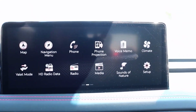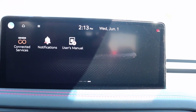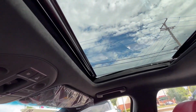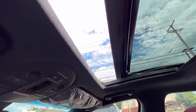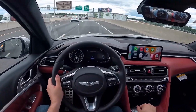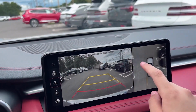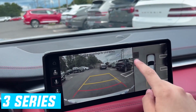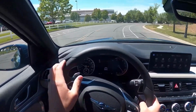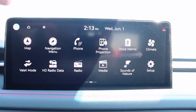Every G70 is fitted with a standard 10.3-inch touchscreen infotainment system that protrudes from the otherwise clean dashboard. The setup includes desirable features such as built-in sat-nav, Bluetooth, Apple CarPlay, and Android Auto capability. The screen isn't as easy to operate on the move as the iDrive system in the 3 Series because it has quite small icons and does without a separate control dial,